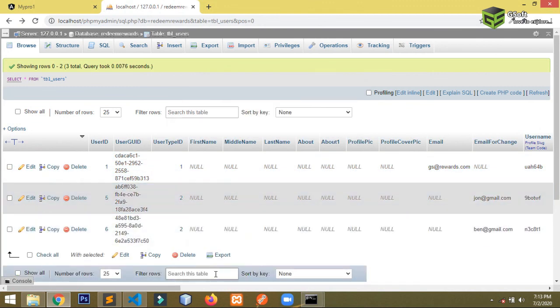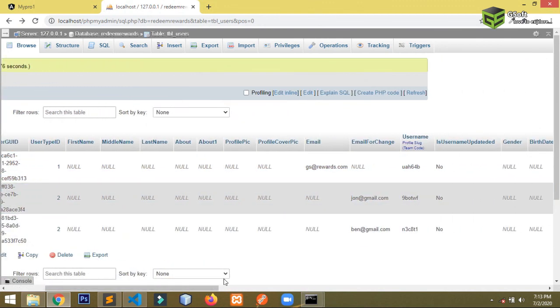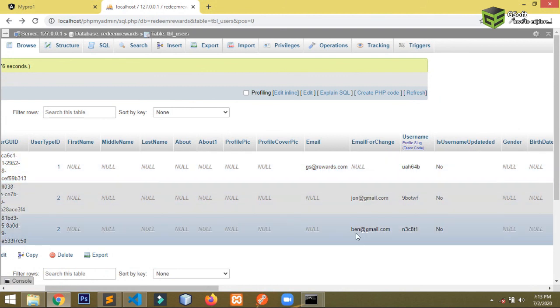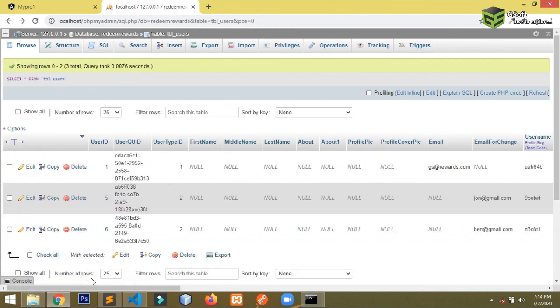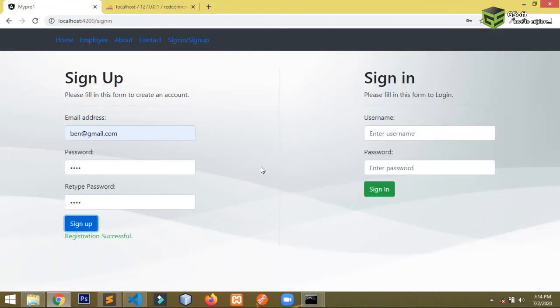You can see here John and ban@gmail.com, we have just created here. So in this way you can call services, you can use services.